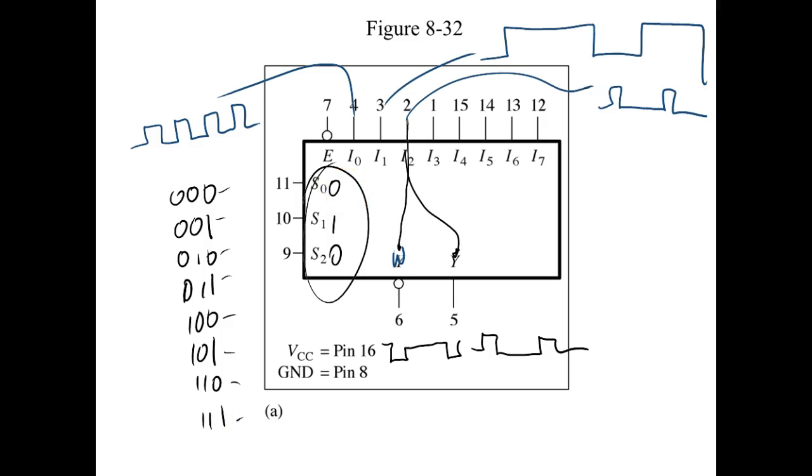It would switch. It switch one over, one over, one over, one over, right? And then when it got down to three ones or seven, it would just roll around and keep going. Now, what we'd have to do on these multiplexers is we'd have to send this, and we'd also have to send this,